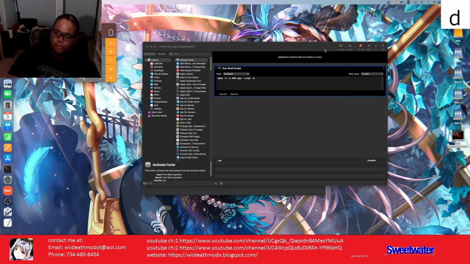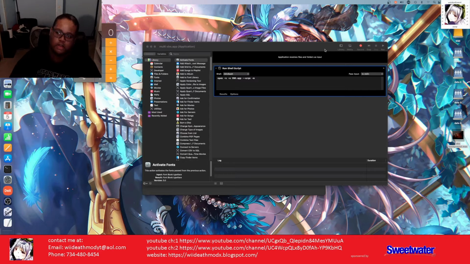It does: open -n -a OBS.app --args -m, which will open OBS in multi-mode, so it allows you to open OBS in multiple